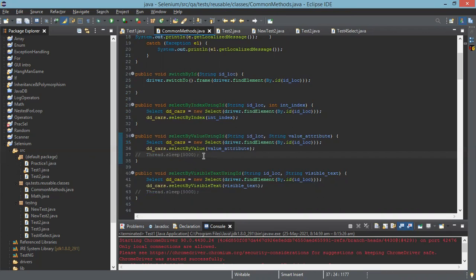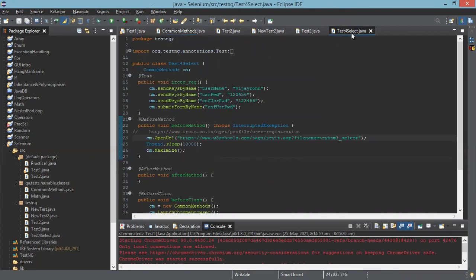Save it. Go to your test for select now, the methods where you have to use these common methods. The first part is done, and then you are maximizing. After maximize, in common methods, you have something like select, switch. cm dot switch to frame.